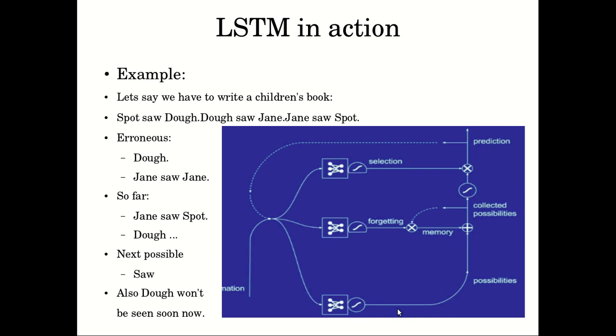So the word saw will be predicted with a positive vote. But it also learned that now that the word Doug has been seen, it is very much less probable that the word Doug will be seen again in the very near future. So along with the prediction of saw with a positive vote, it also outputs the word Doug with a negative vote. So both these words will propagate towards here,